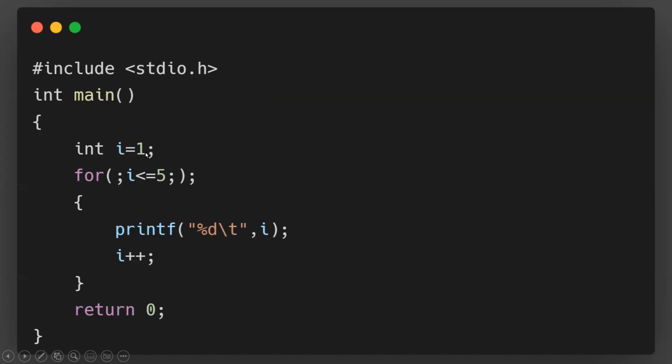Hence, here the initial value of I is 1. So 1 is less than 5. The condition is satisfied. But since I am having a semicolon, the for loop is getting terminated right here. So this iteration part, I++, does not belong to my loop. Hence the condition is always going to remain true and it is going to go into an infinite situation. So these are the various conditions when writing our program where it may lead to an infinite loop. We have to be very careful when we are giving the